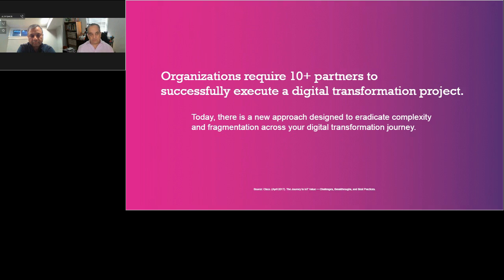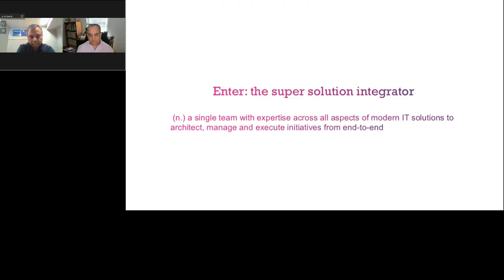And that's really the power of what Insight brings to the table, is that we are that one partner that can bring you all of that capability in a single point of place. Right? So we like to call ourselves the super solution integrator.